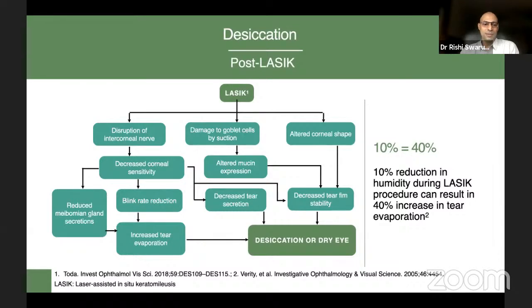And because you're having that feedback loop getting affected, you'll blink less. And also the nerve supply to the meibomian glands may be affected. And both of these can result in an increased tear evaporation, resulting in an evaporative dry eye. Goblet cells can get damaged, especially when you're doing a microkeratome or you're applying the suction of your femtosecond laser, and that can damage the goblet cells, can result in reduced mucin production. And mucin has a very, very important role in tear film stability and lubrication. That again can result in dry eye.